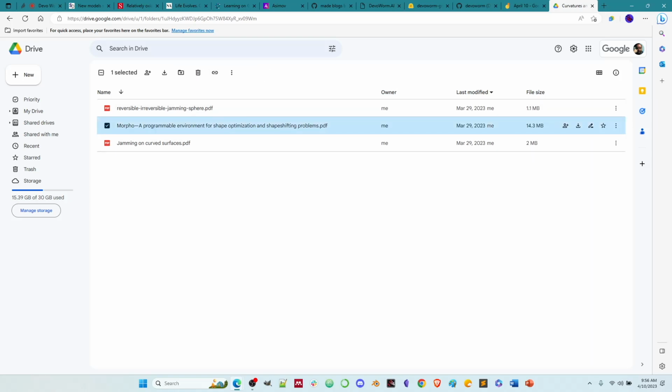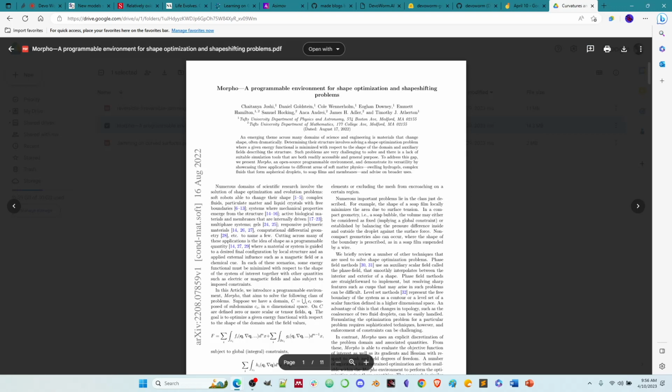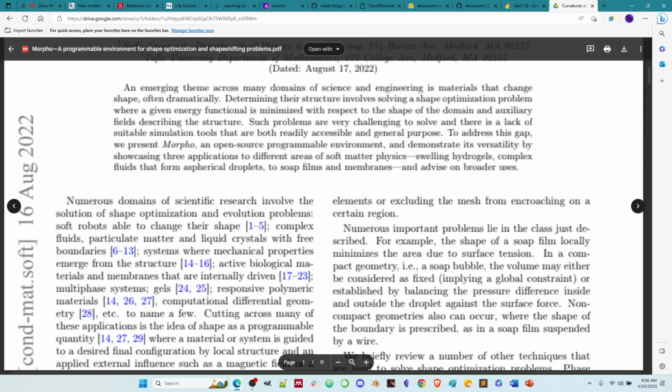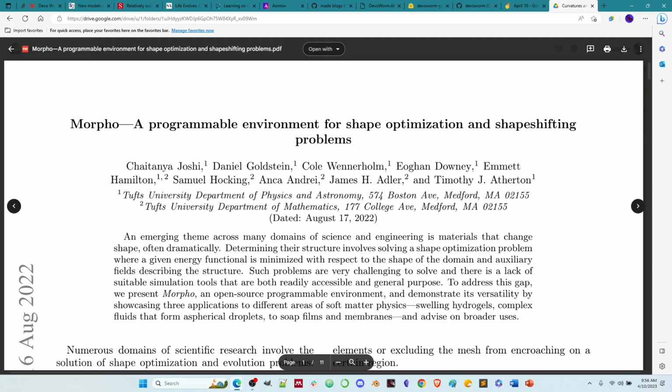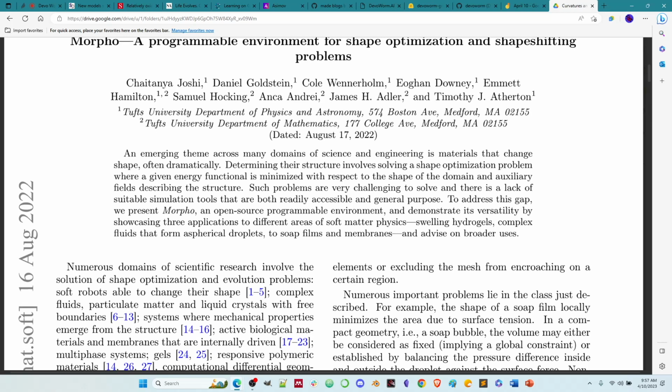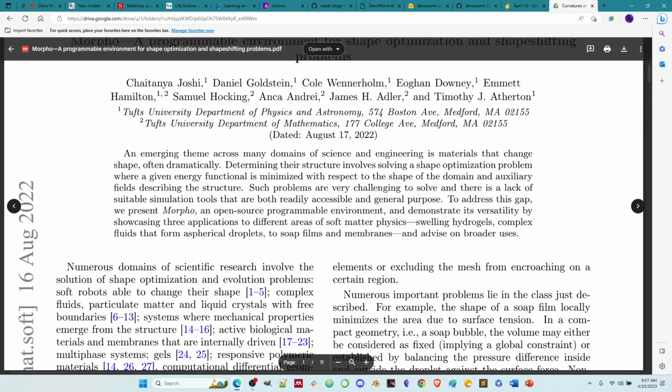So this is the Morpho paper, actually. This was on the arXiv under condensed soft matter, their condensed soft matter repository. I guess it's like the seed paper for the software or something. This is from Tufts University. It's a whole group of people from Tufts, and this is where they talk about an emerging theme across